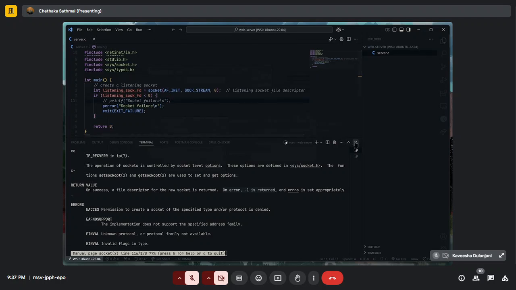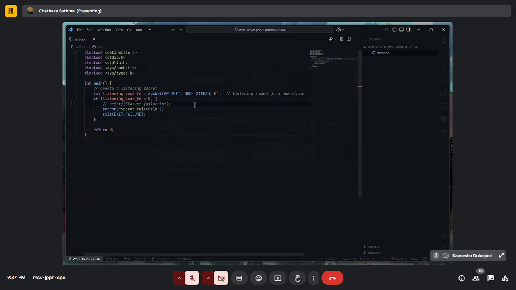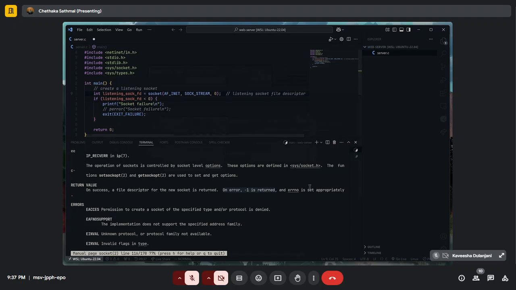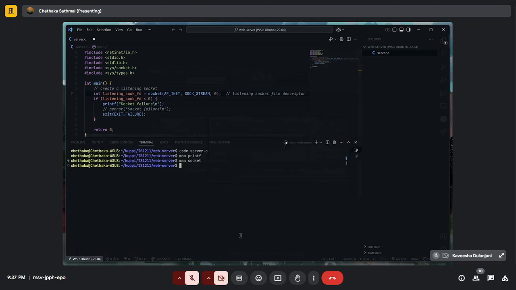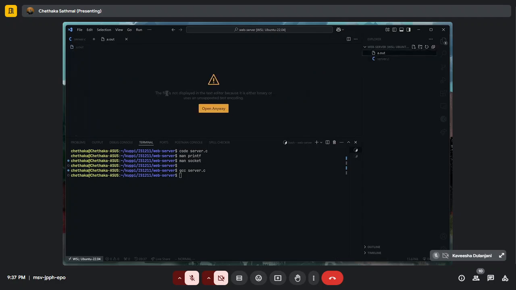Right at the moment, it's not practical. Let's comment this out, and let's have this one, and let's try to compile this and execute this. If you want to execute this, first of all you have to compile the server, so you're compiling server.c. This will give me an executable file called a.out. So this is an executable file, and it's not practical to